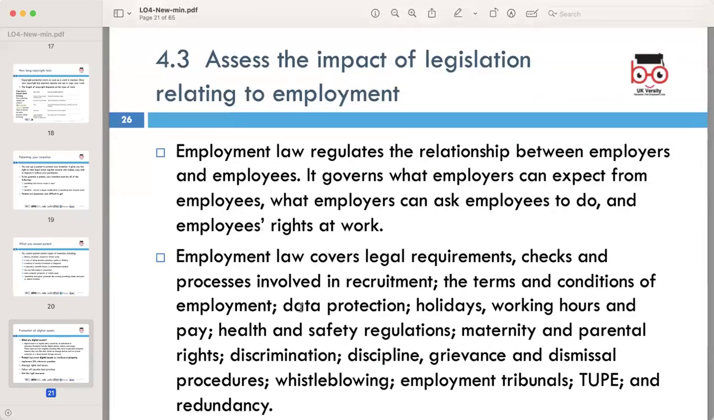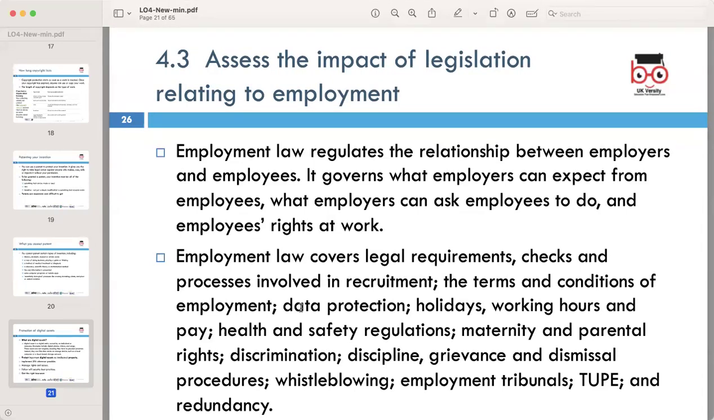Assess the impact of legislation relating to employment. Employment law serves as the regulatory framework governing the relationship between employers and employees. So it encompasses various aspects dictating employer expectations, tasks employees can be assigned, and the rights of employees at work. So the scope of employment law includes legal requirements, checks and